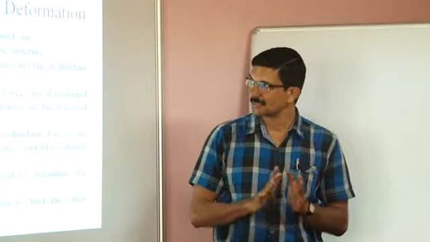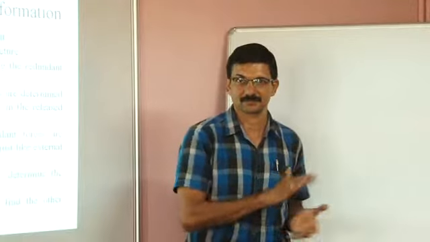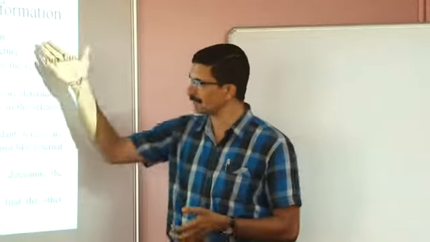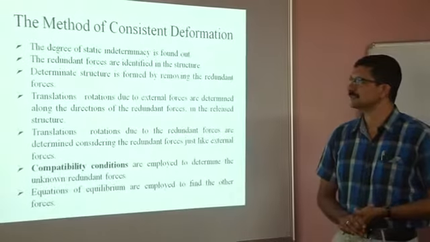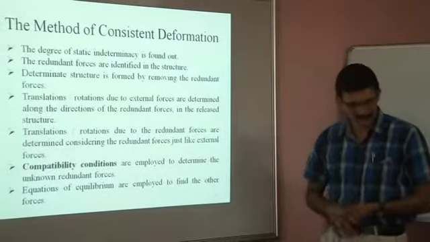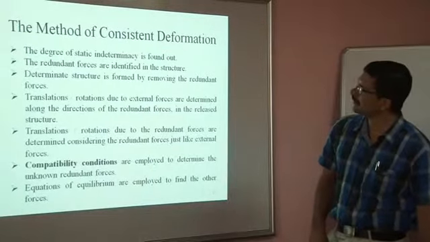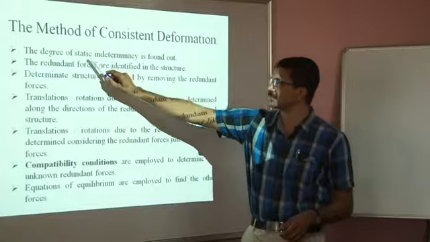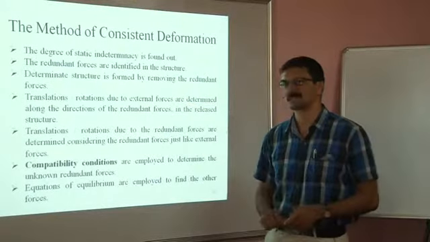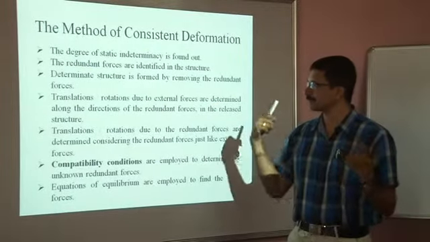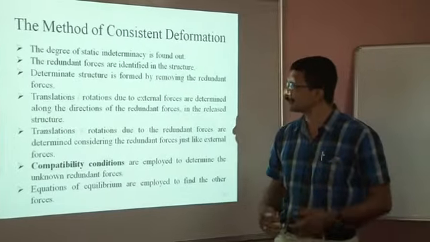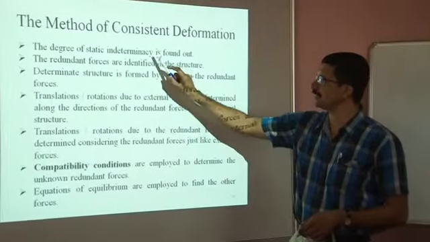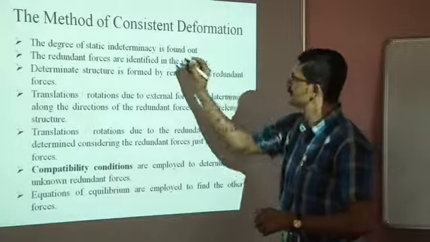So we have started discussing the method of consistent deformation in the previous lecture. Now here, the procedure of the method is described in this slide. If you look at the procedure one by one, we will first of all find out the degree of static indeterminacy of a structure, let it be a rigid jointed frame or a pin jointed frame. The first step will be to find out the value of ds. This is ds,